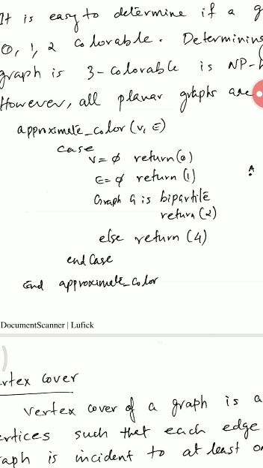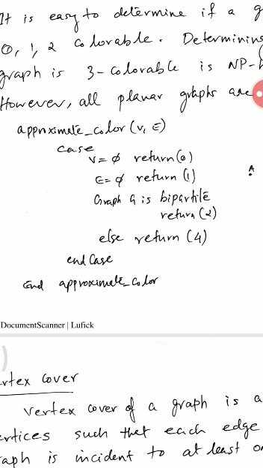V is the vertex set and E is the edge set. If V equals 0, that is no vertices, return 0. It can be colored with 0 colors. Then if the edge set is null, that is only vertices and no edges, the vertices can be colored using one color. Our constraint is on an edge: its two vertices never get the same color. So if edges are not there, we can use the same color to color all the vertices.